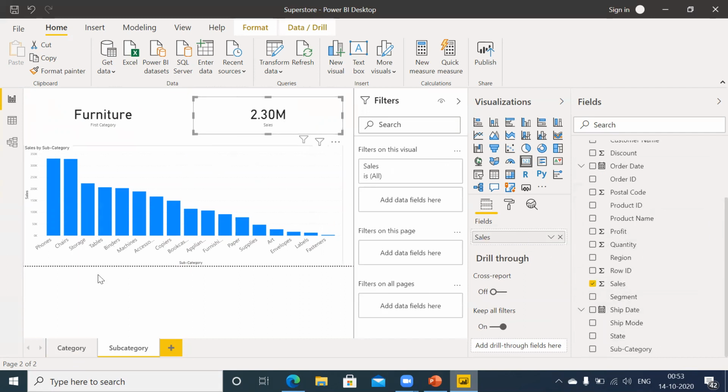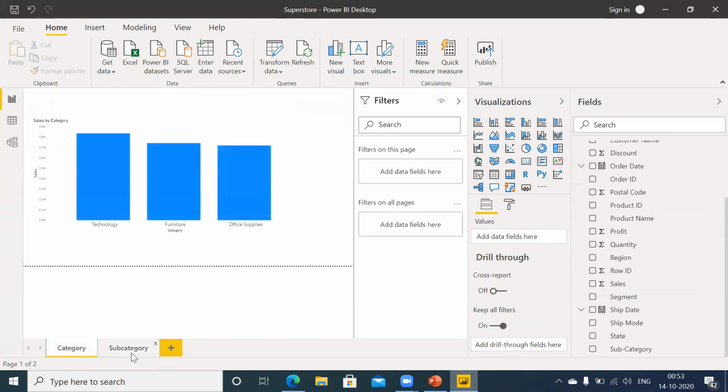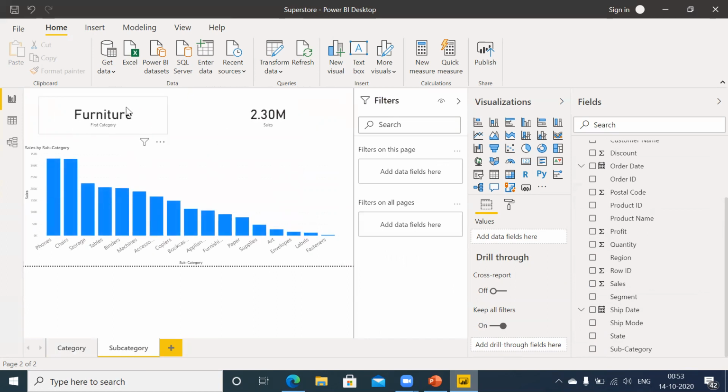So now both my pages are ready, category and subcategory. So the requirement is if I drill through from technology, in the cards it should show technology and the sales of technology, and similarly here all the technology related subcategories should come.